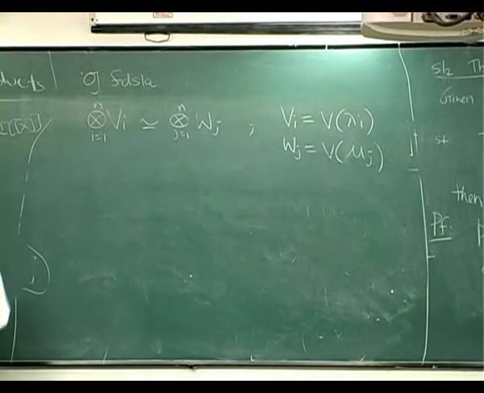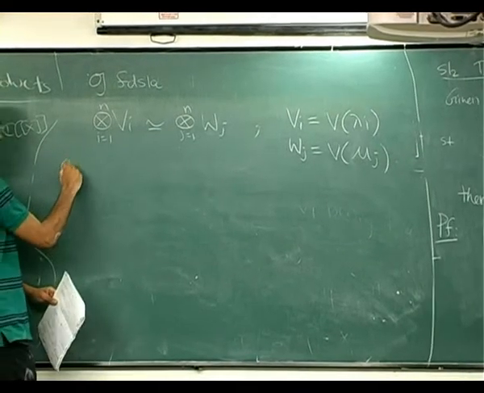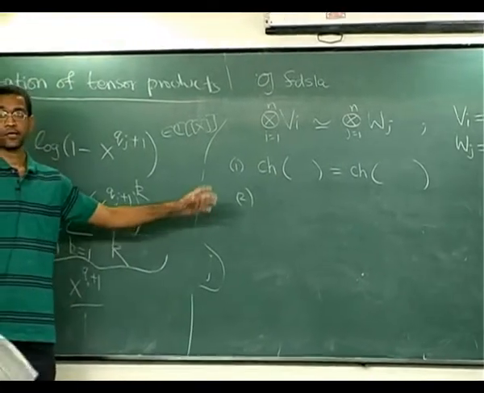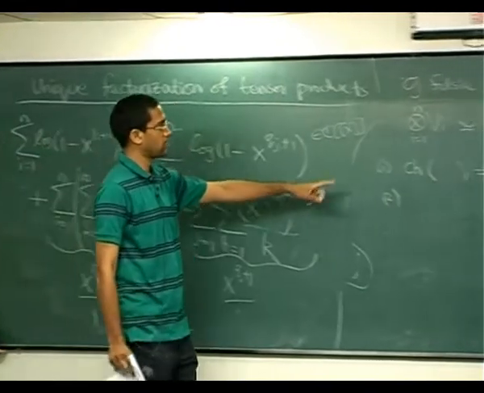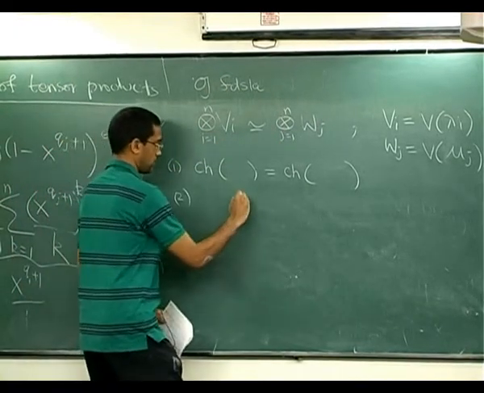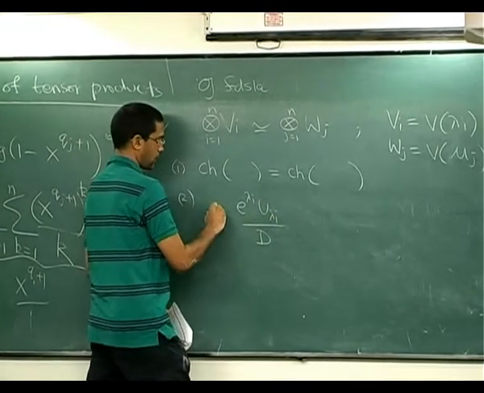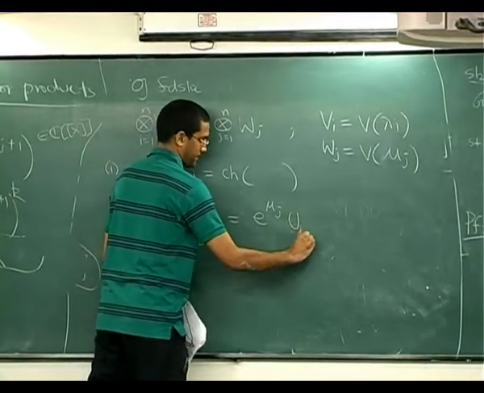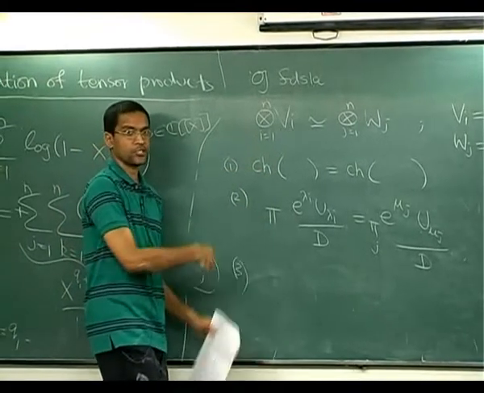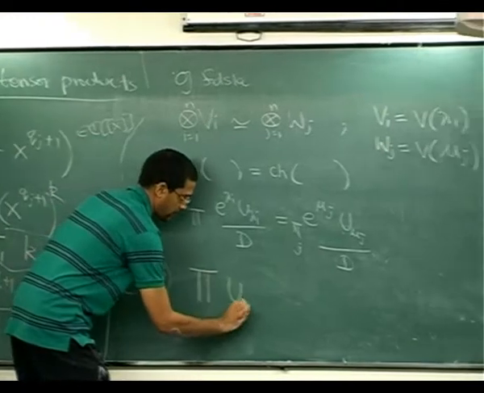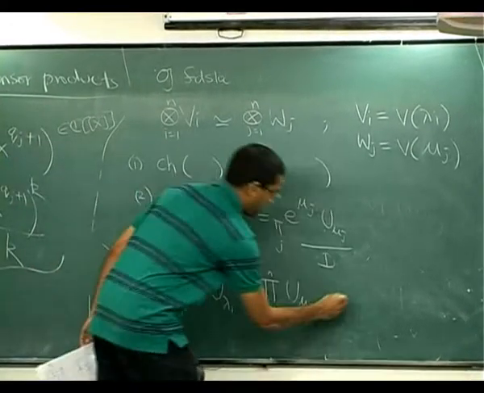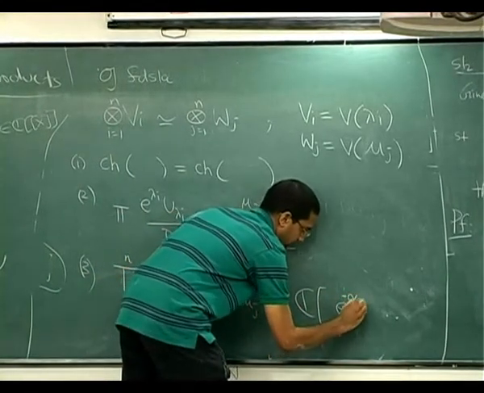Okay, so let's do the same thing as before, what we did for the case of SL2. Step 1, you apply character. And the character is, we repeat the same thing we did. Each character would become e to the lambda_i times u_lambda_i divided by a denominator. So you will get e^lambda_i, u_lambda_i divided by denominator. Product of such fellows equals. Step 3, you cancel denominators, you cancel leading terms to just make this an equation between polynomials. So you say it's a product of u_lambda_i equals product. Okay. So it's an equality between polynomials in the L variables